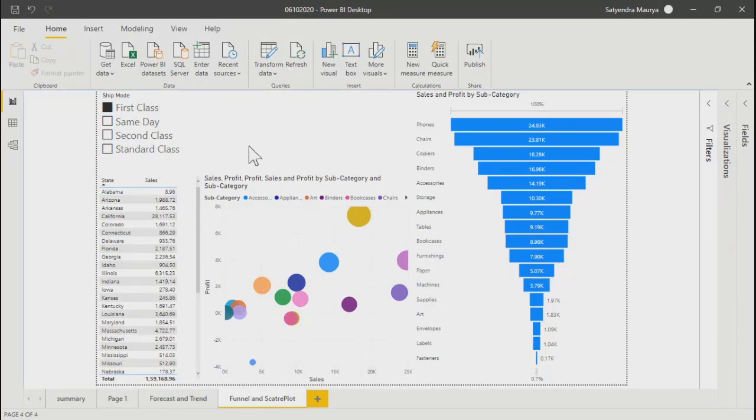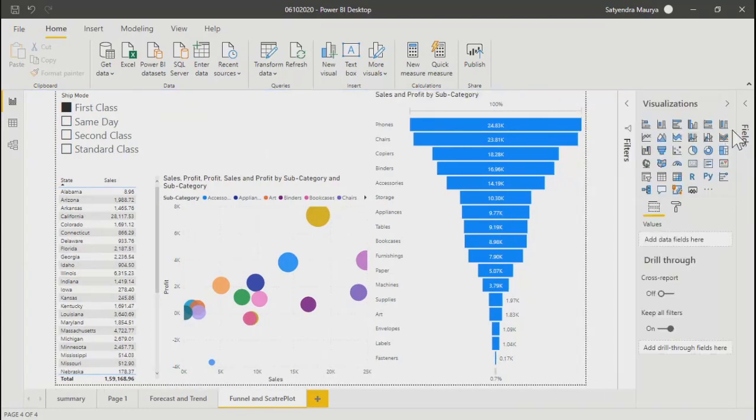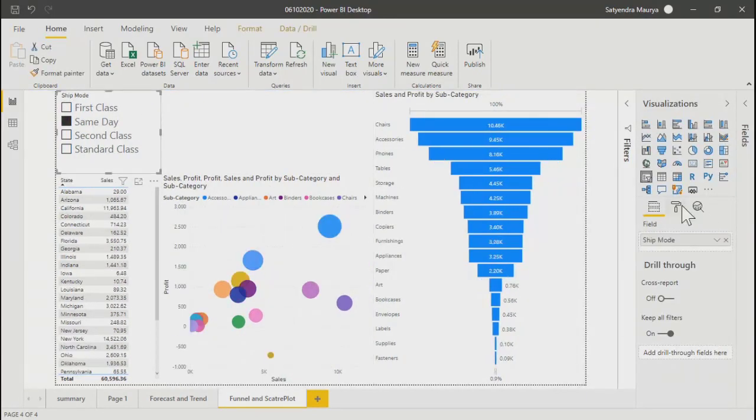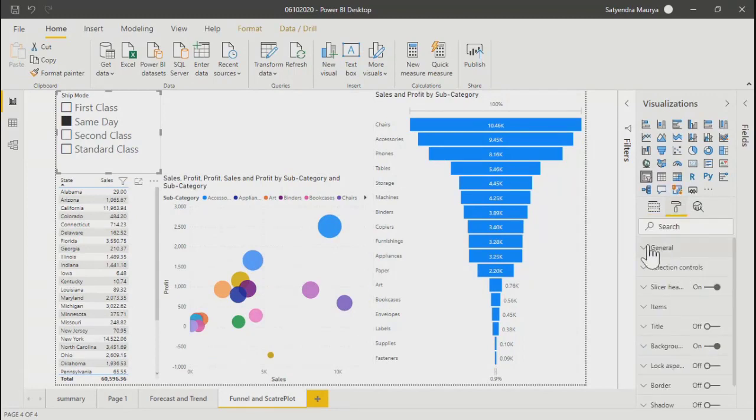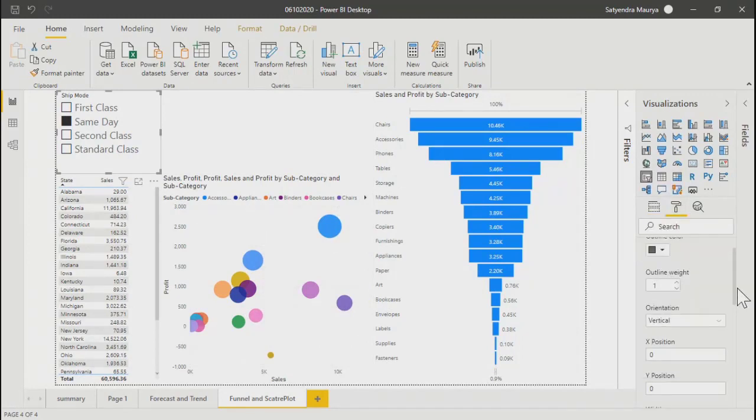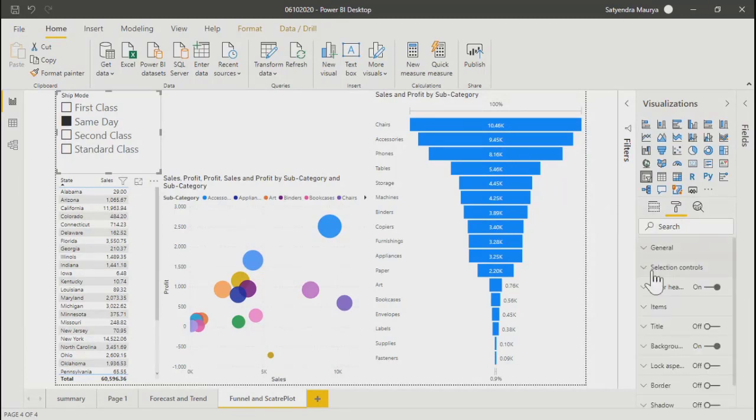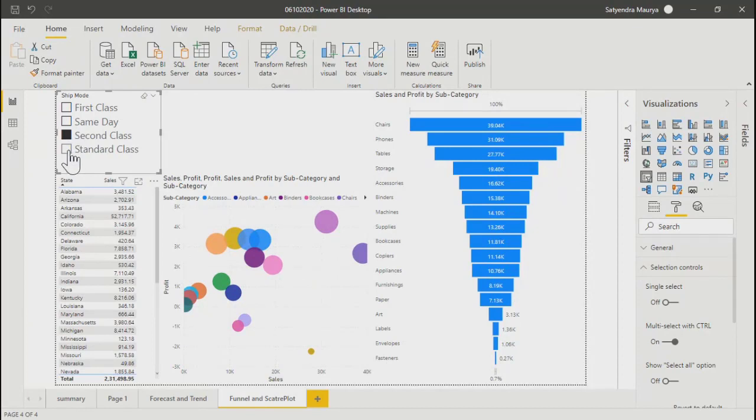Now there are a lot of customization options available with this slicer. Let's say if I select it first and then go to properties. In general you have color, vertical, height, width and all that, right? That's very basic. If you go further over here, like selection controls, as of now I can select only one value at a time.